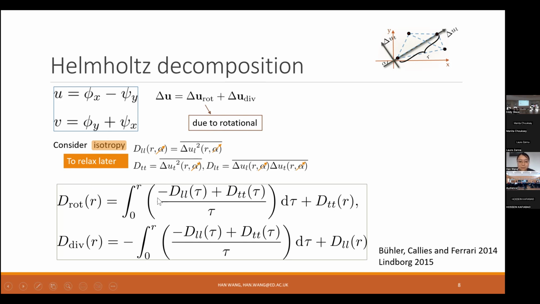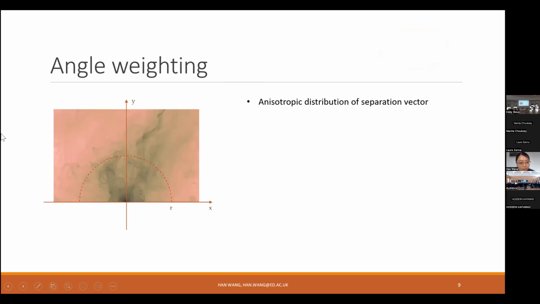So under this simplification, we can have this simple formula that actually computes the second order structure function induced by the rotational motions and divergent motions respectively. This formula was first established by Buhler, Callies, and Ferrari in 2014 for power spectral data. And finally, before I show the results we see in surface data set, I want to note a technical caveat. This is what we call angle weighting, which is